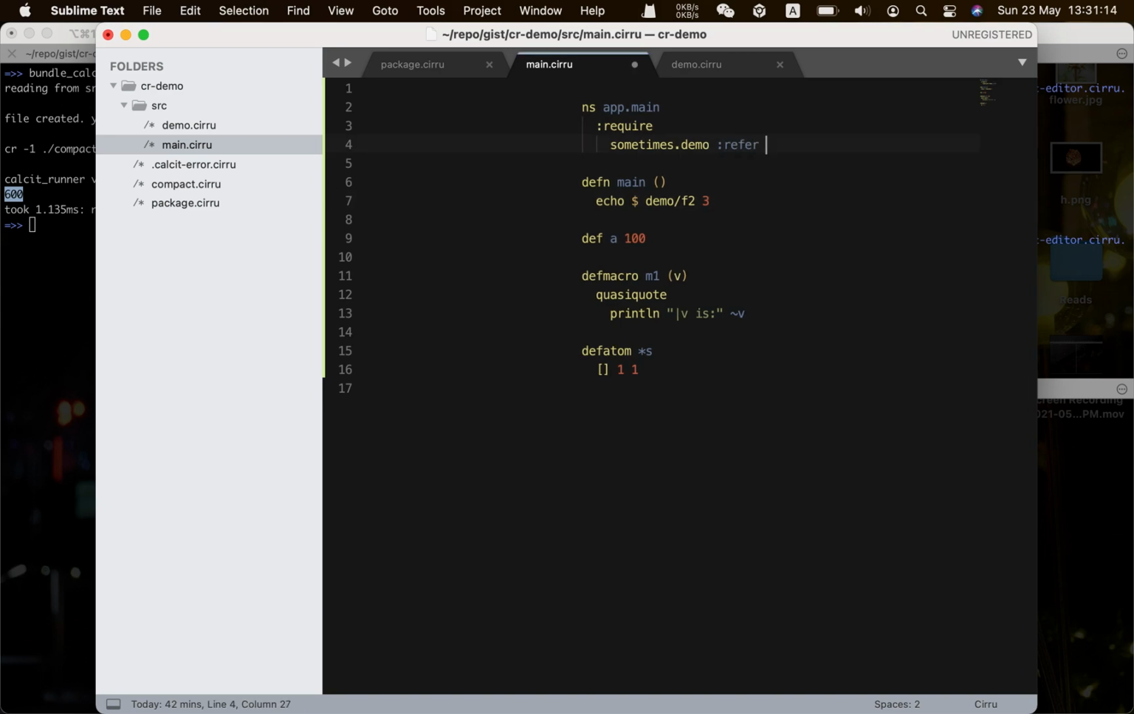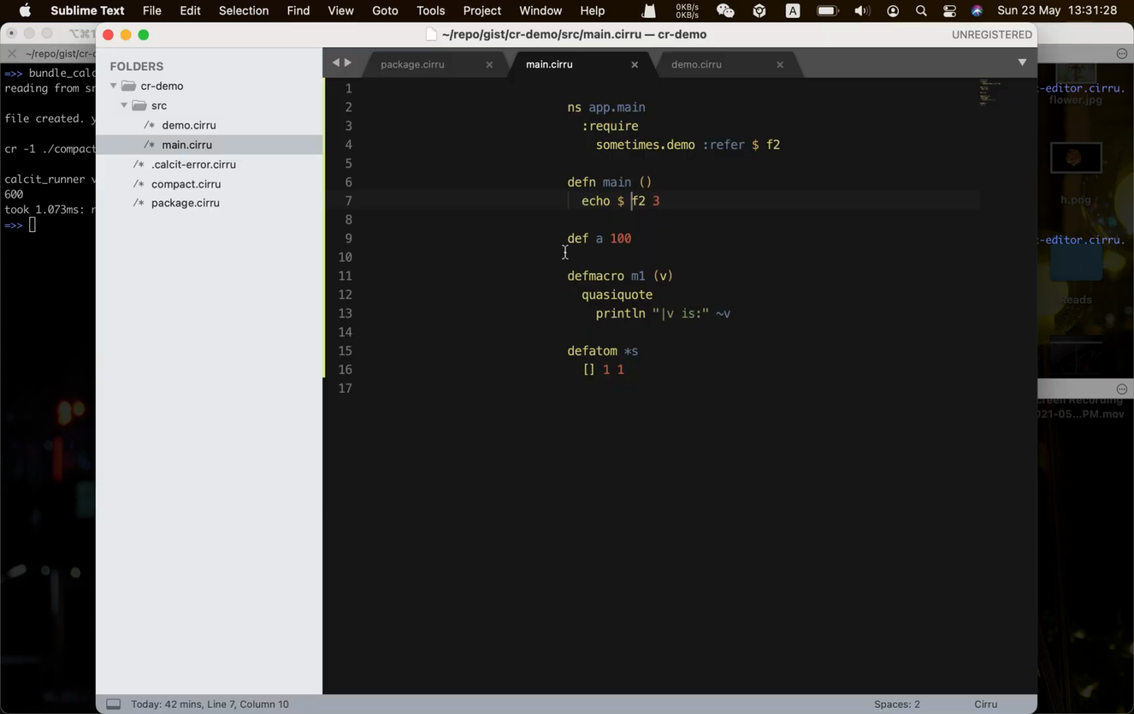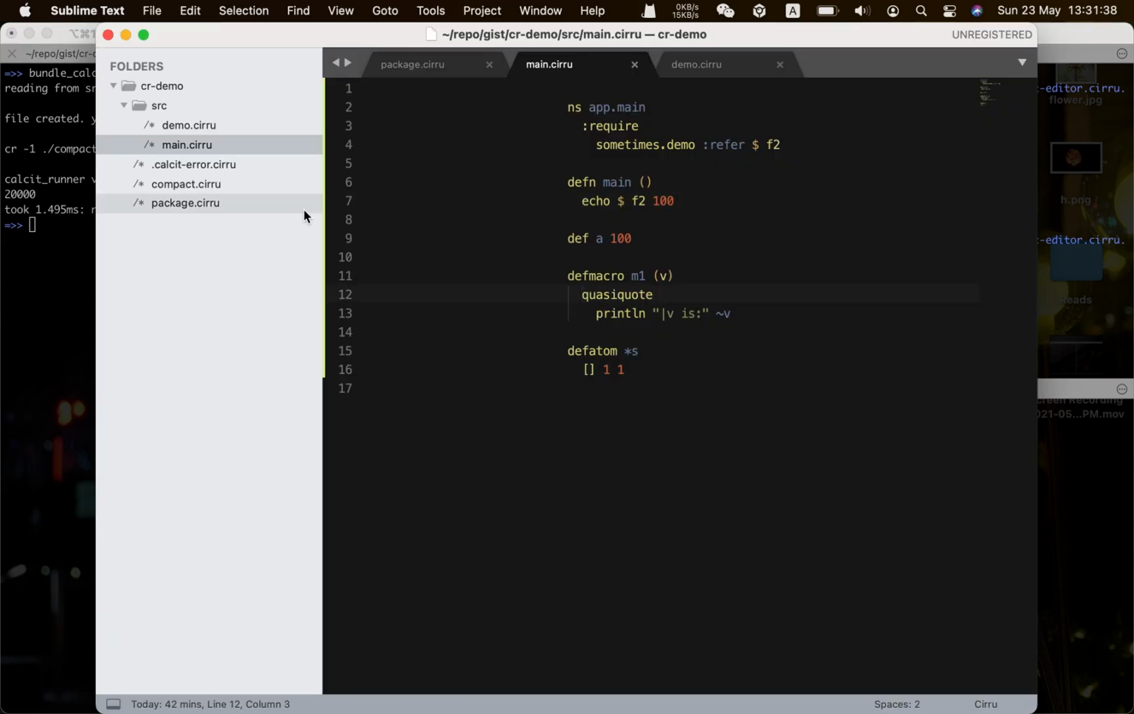using refer like closure, like enclosure, and just F2 here, and now you have F2 and yeah, it's running. Maybe you want to use to say it again. It's running. So this is how it's importing another